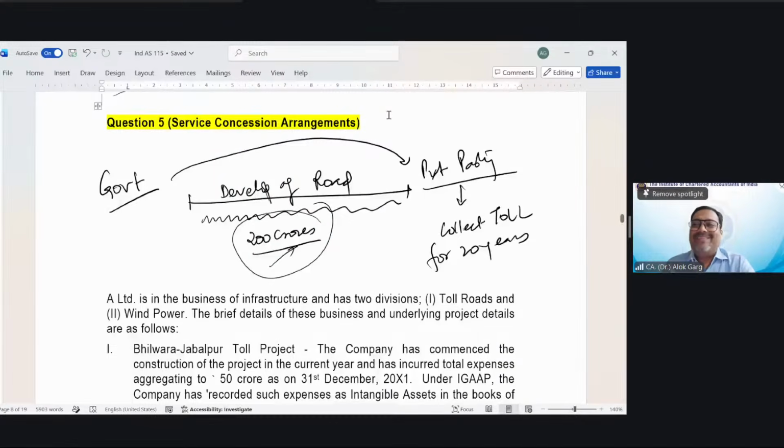you remember, you had a full session on the service concession arrangement. This asset will depend upon the form of consideration. Now let me simplify for all of you. The government has told, listen Mr. ABC Private Limited, I am giving you a guarantee,